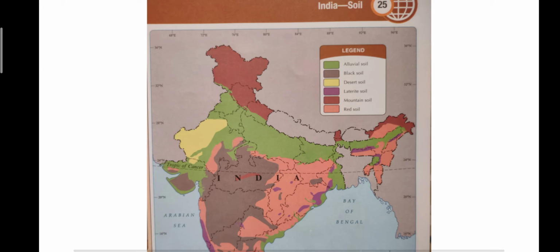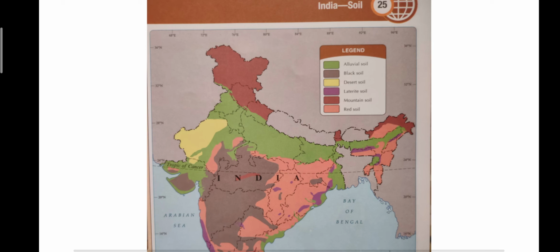Now children, here the questions like define the maps, like you will be asked to define the physical map or political map or thematic map, or you will also be asked to differentiate between two maps. So for example, you will be asked to differentiate between a political and a physical map, or a political and a thematic map. So such type of questions can be asked from this particular portion. Now children, I hope the three maps are clear to you.